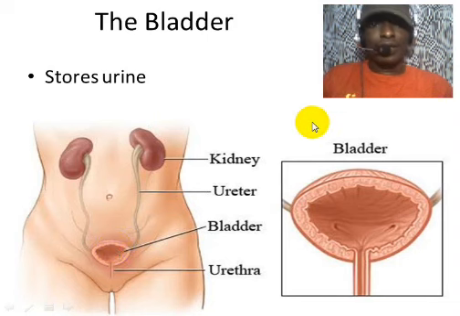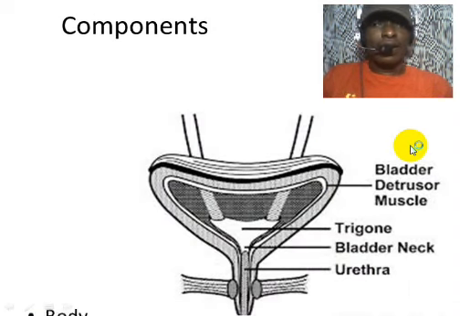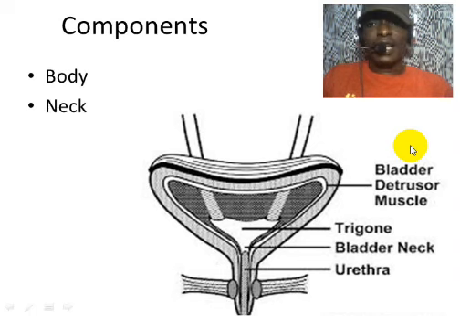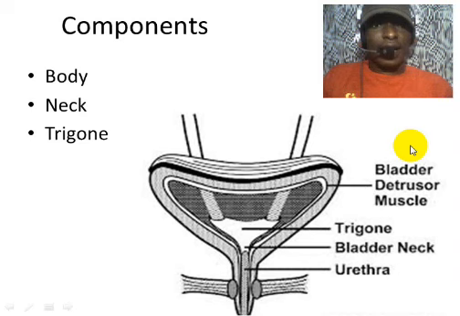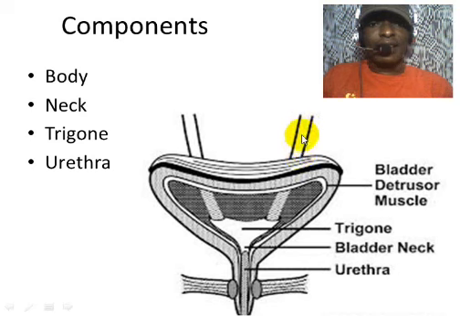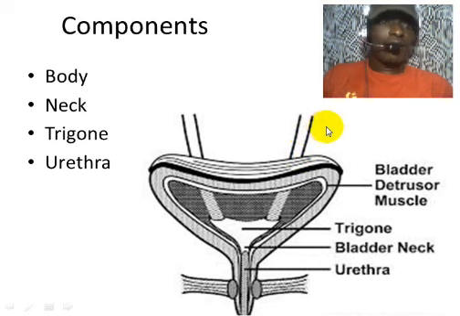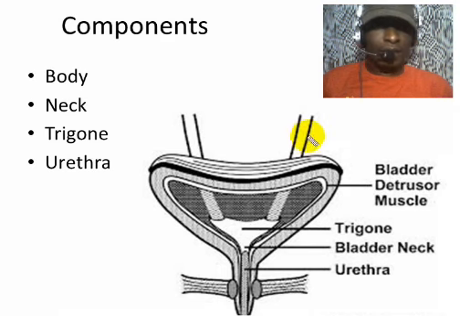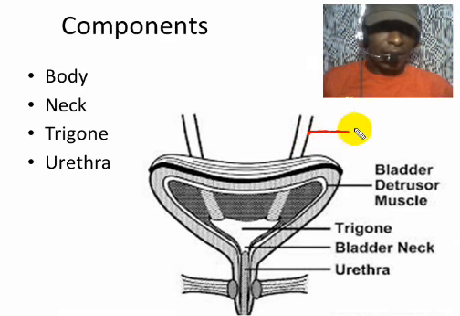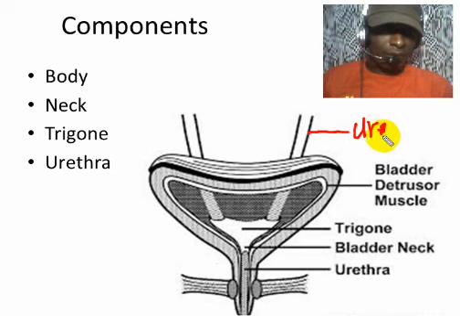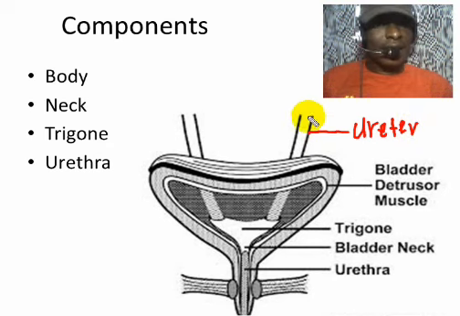Alright, going forward, the human bladder consists of the body, a neck, the trigone, and the urethra. Above here is the ureter. Just a minute. This part of the bladder is the urethra. Not urethra, ureter. This part of the bladder represents the ureter. Okay, the ureter